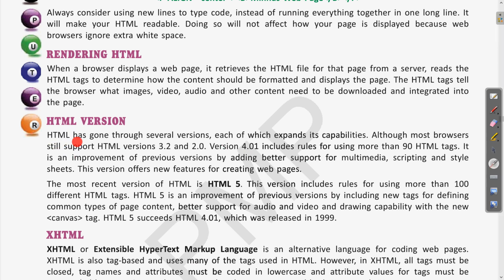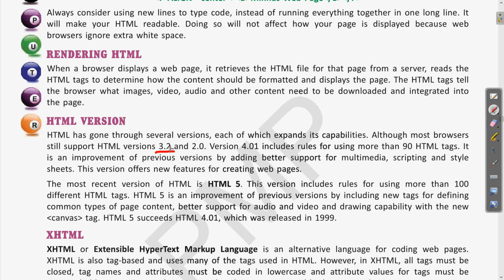HTML has gone through several versions, each of which expands its capabilities. Although most browsers still support HTML version 3.2 and 2.0, version 4.01 includes rules for using more than 90 HTML tags. So these HTML have different versions. In the earlier versions like HTML 2, then 3, and in 3 also we have different sub versions, 3.1, 3.2.